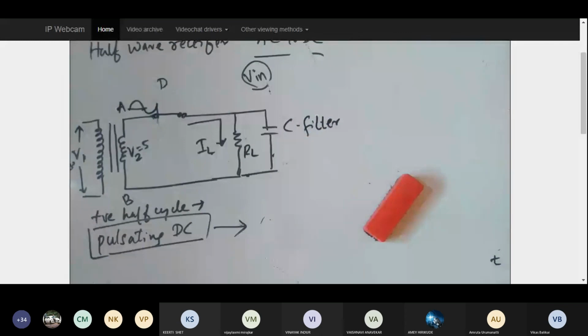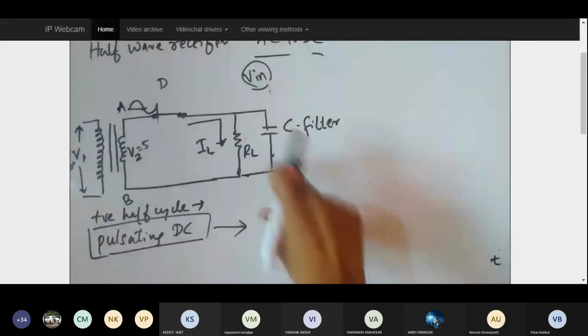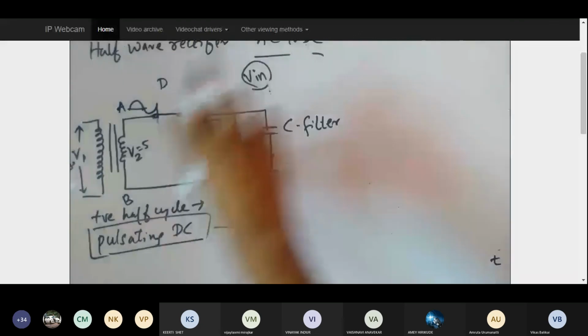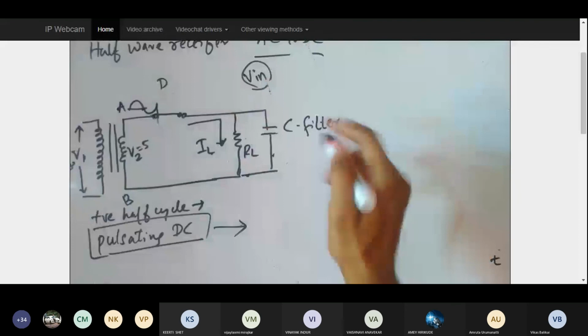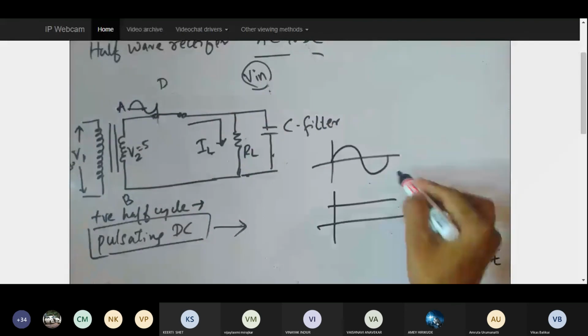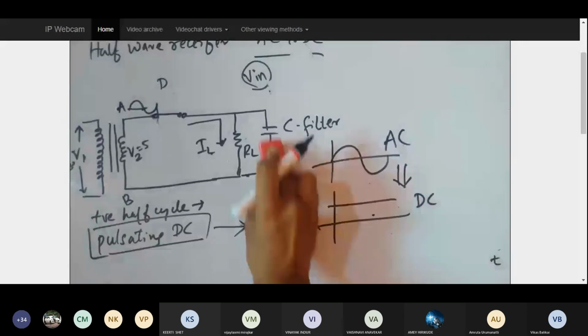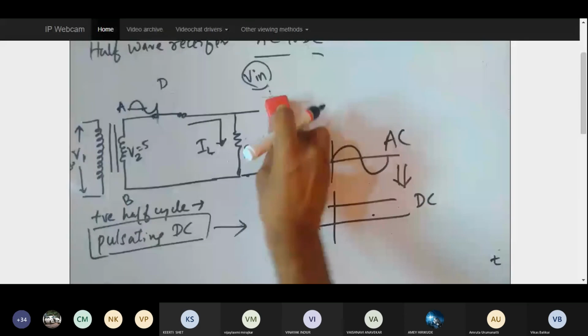By introducing this capacitor, what happens to me, whether I am going to get the purest form of DC or not, we need to check. So if you are getting that, fine. And if I don't get it, I need to still be making it, or I need to be doing some arrangement in this entire circuit to ensure this signal looks like this signal. Only when it comes from this to this can I say AC to DC; otherwise I cannot say AC to DC. So as of now I can say this is behaving as a rectifier, but it is not properly rectifying, rather it is giving me the pulsating DC.